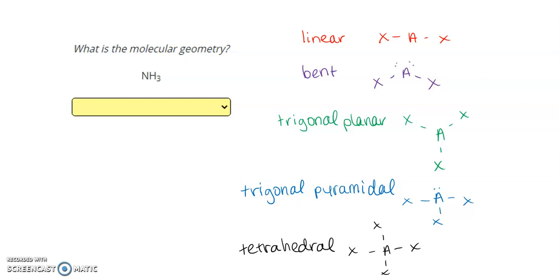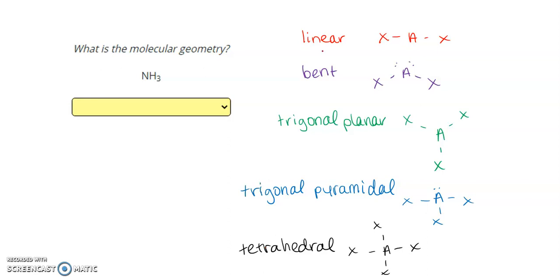So this video is about molecular geometry. The question is asking, what's the molecular geometry of NH3? Well, for non-expanded octets, so the regular standard and honors chemistry shapes, you're going to have these 5 shapes of